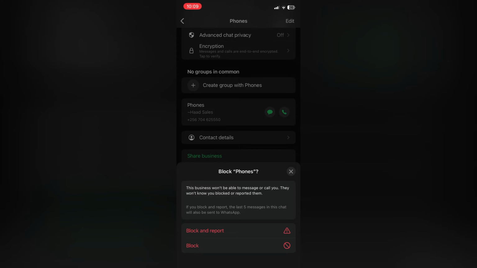improve spam detection. Important privacy note: WhatsApp does not send any notification to the person you've blocked. They will not be alerted or informed in any way. That's it. The contact is now blocked. You can repeat this process for as many people as you want. If you ever change your mind, you can unblock them later by going to Settings, Privacy, Blocked Contacts, and removing